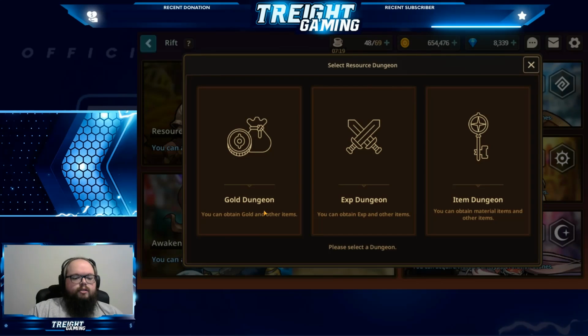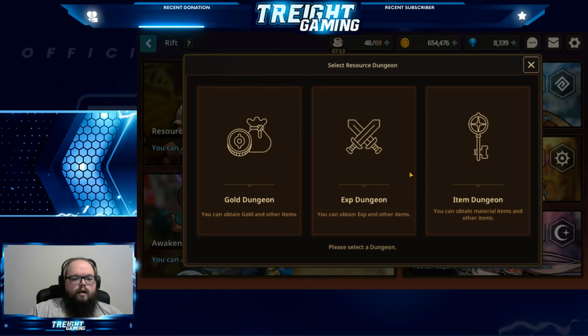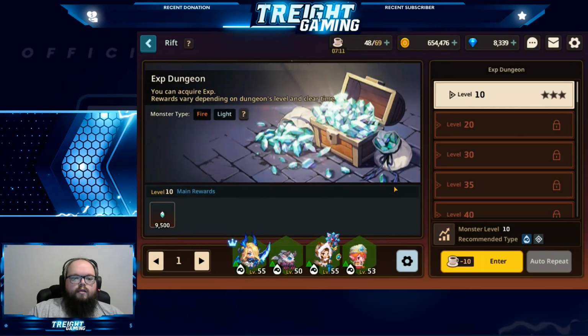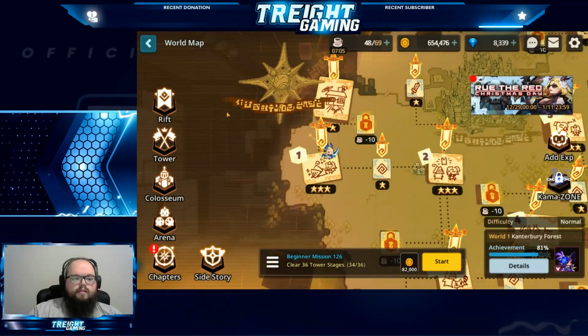There's also resource dungeons. So there's the gold dungeon. Gold dungeon is for gold. You use gold for just about everything, powering up weapons, powering up all kinds of stuff. You got the XP dungeon, which gives you XP crystals, and that's actually pretty unique how